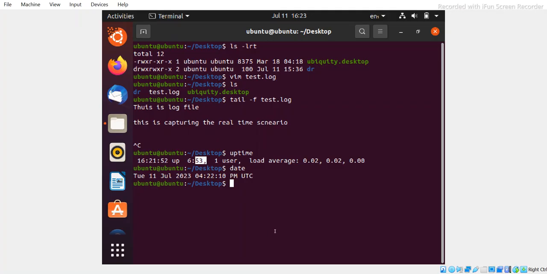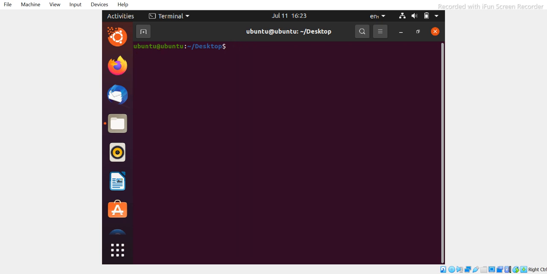All right. Now, the third one is how do you know your login name? How do you check it, right? So let me clear it. Okay. So there is a command called logname. Logname means it will tell you your login. So this is the login that I am logged in with on this system, since this is Ubuntu,